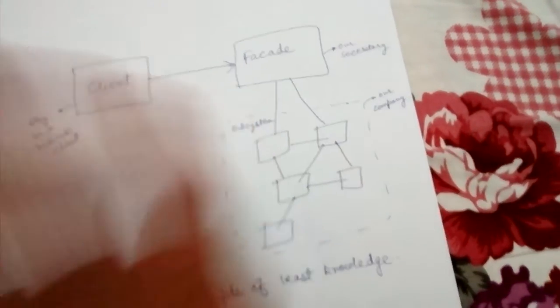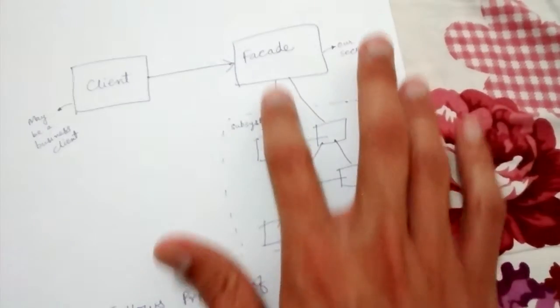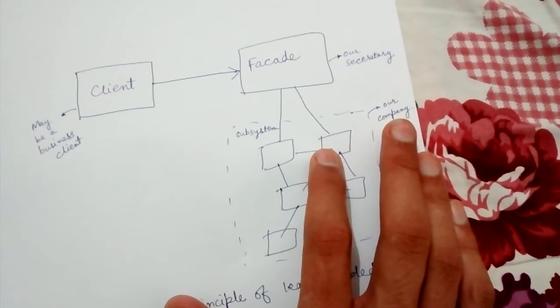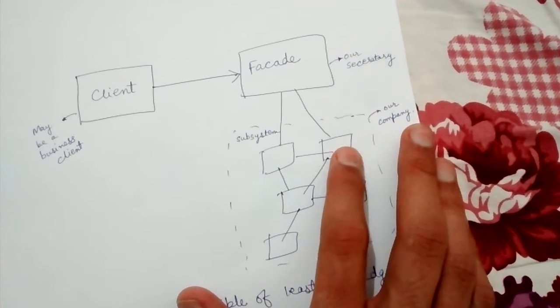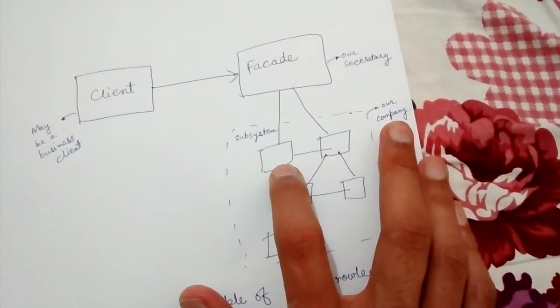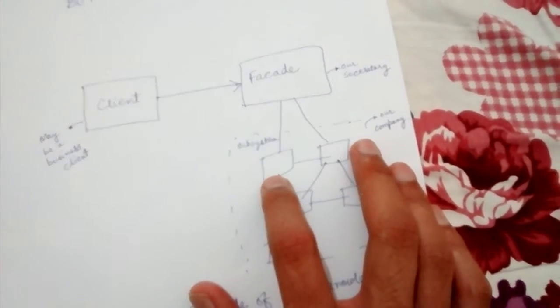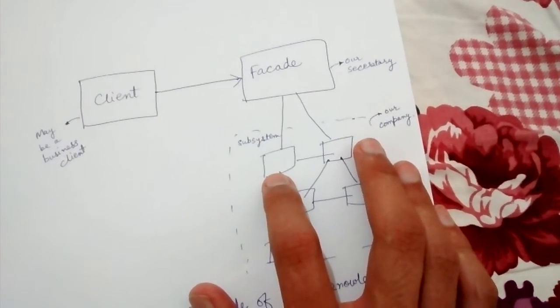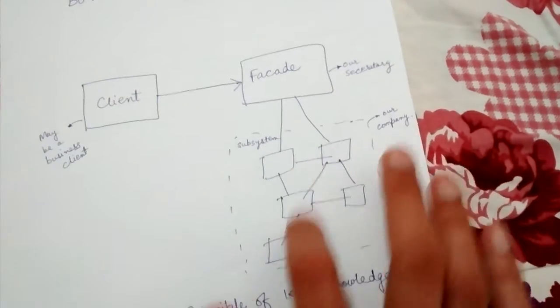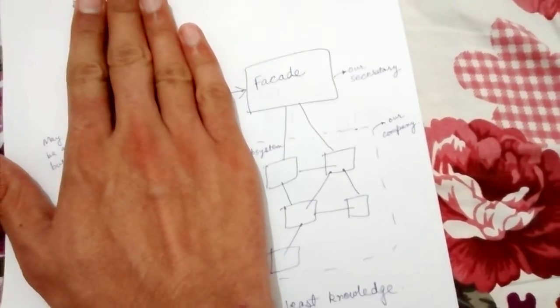Let's say it can't happen directly. So it will first contact a manager, then the manager will contact the general manager. Then the general manager will say, okay, I am free at that time. Then the manager will tell the secretary, okay, fix that meeting. So basically there can be a lot of internal calls, so the client doesn't have to worry about it.